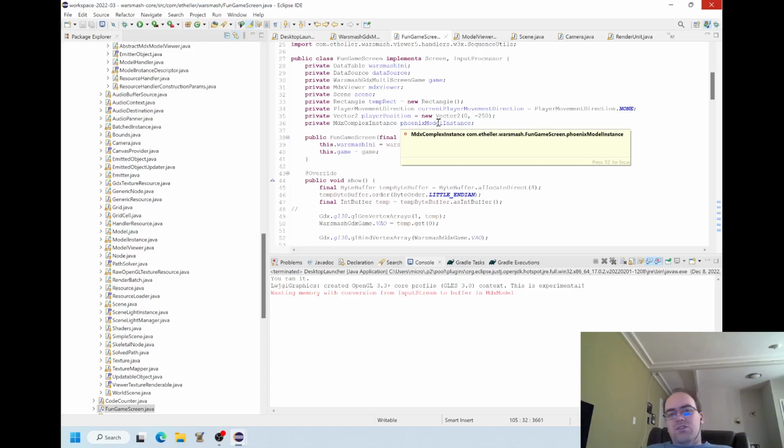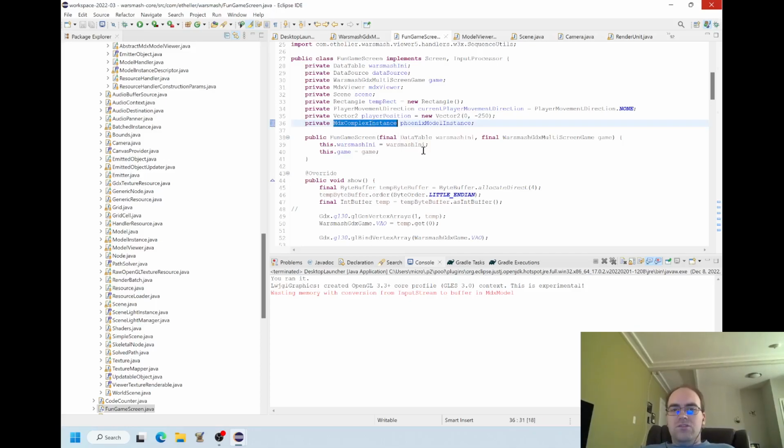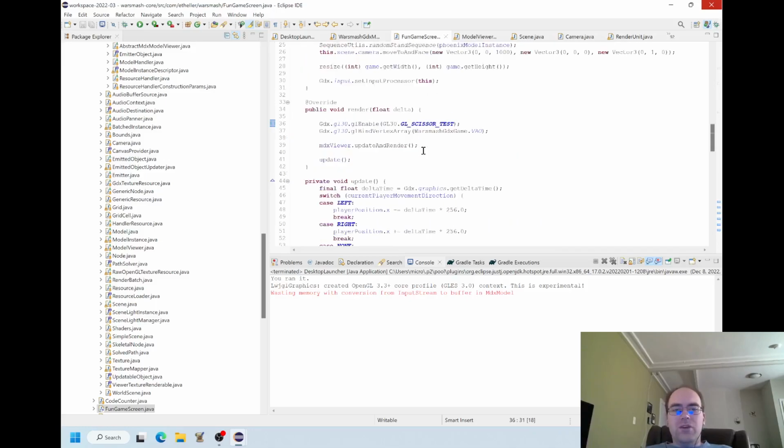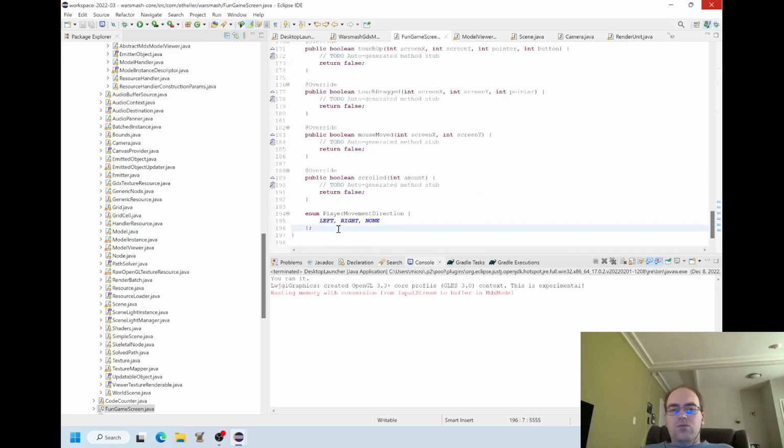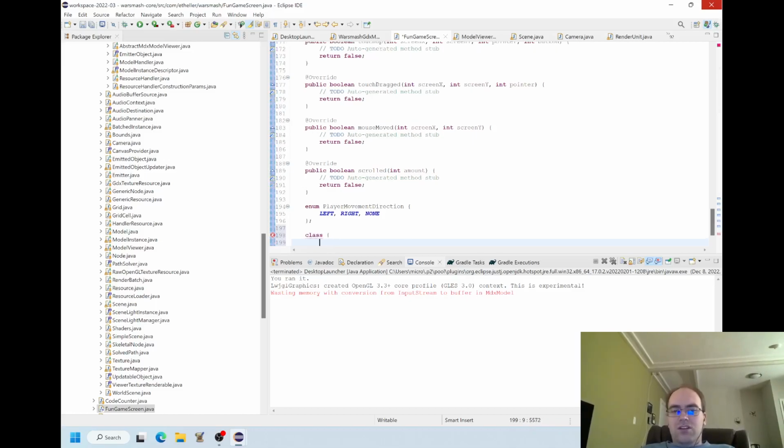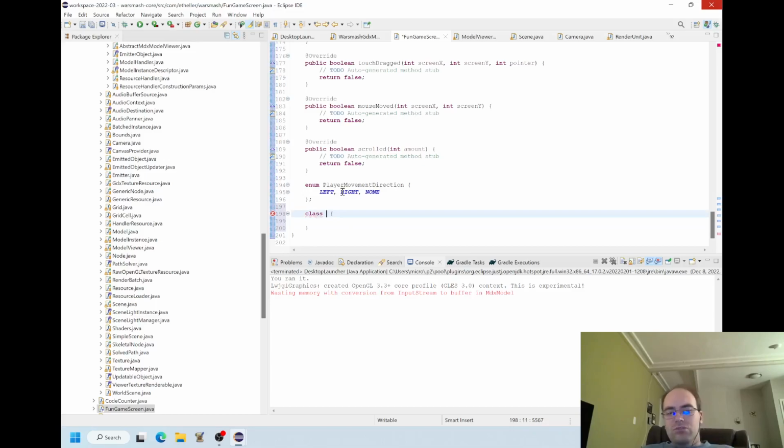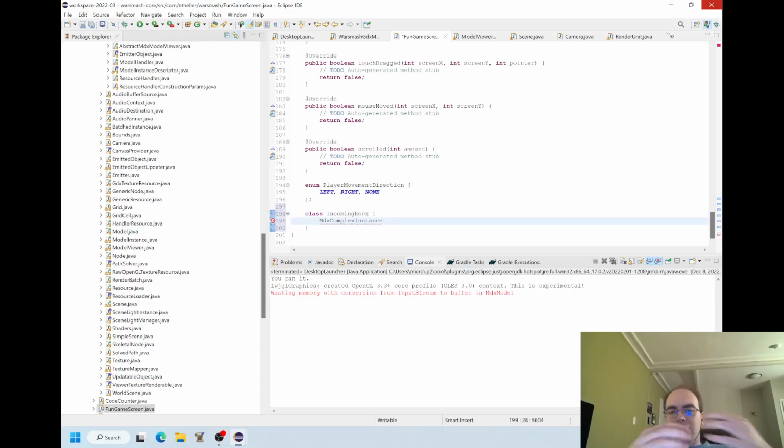I don't know, maybe we could do missiles, but for the most part, so you saw there was this concept of a model instance in the Phoenix, and I just hacked into the game this concept of the player Phoenix pawn that moves back and forth. Realistically, we probably want to wrap things in a class. It's a pretty standard thing to do in Java, and have what we call a class, which defines a type. So I'm going to make a class called incoming rock, and incoming rocks are the things that you have to dodge. And incoming rocks will have a model instance that is the rock model instance.